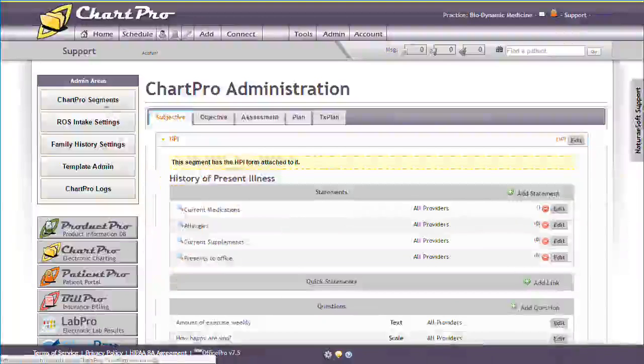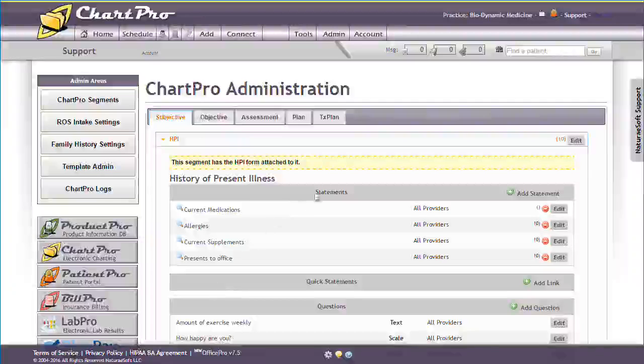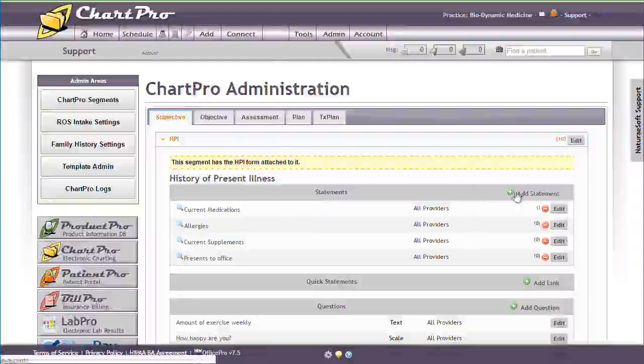The ChartPro Segments area also controls the shortcuts that you create to add frequently used content to any note. These come in three forms: statements, quick statements, and questions. Statements can be any length and can contain special formatting, pictures, tables, and variables that add details from the patient or visit information. When you click to add a statement,